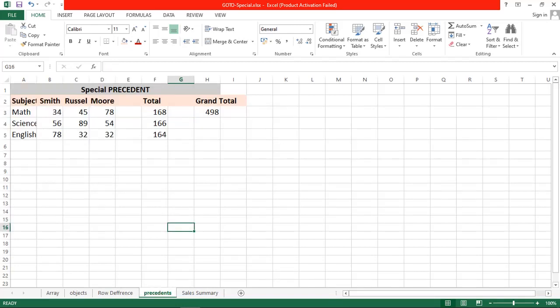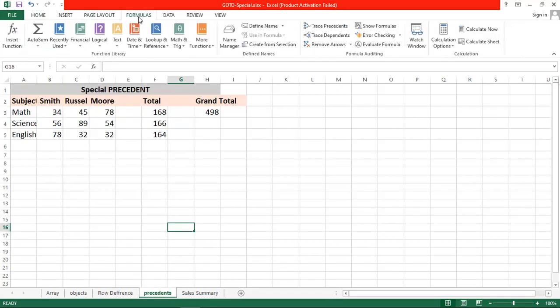We have a feature in Excel, that is trace precedents, trace dependents, and remove arrows. The purpose of this feature is to find which value is dependent on which formula. So we have the data, marks for the three subjects and the names of the students, 34, 56.